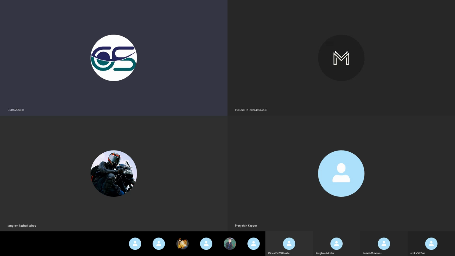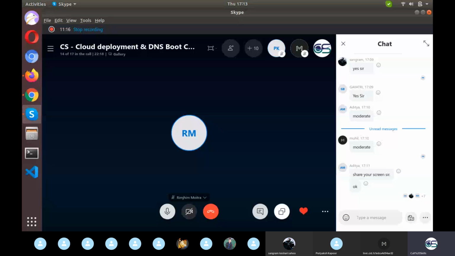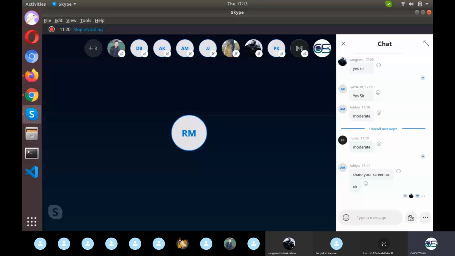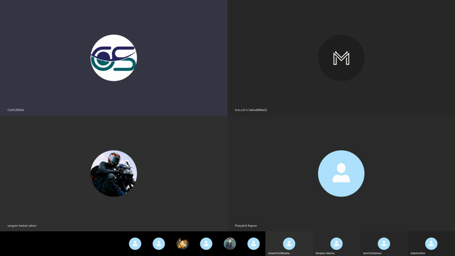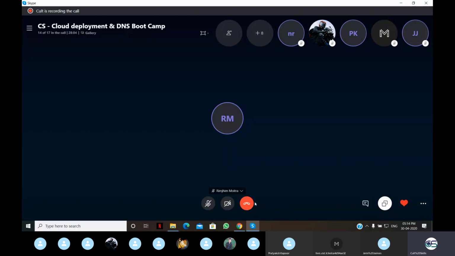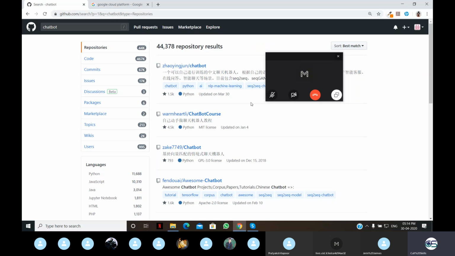Okay, I'm facing some issue with my GitHub sign in. I guess my account or something got blocked, not to talk about the password also. If someone can help me, just log in to your GitHub account and clone a repository, any random repository out there. Anyone, if you want to share your screen voluntarily, it will be great. Aditya, Jaren, Norman, Nitika, Pratyaksh, Mohil, any one of you, if you have a GitHub account, just share your screen right here. I got one screen.